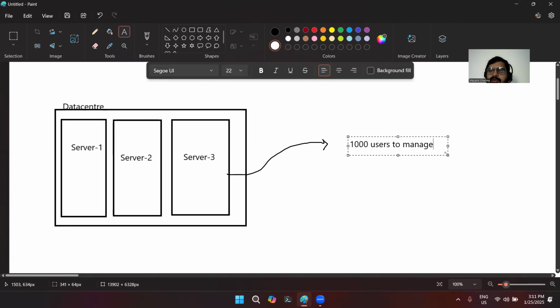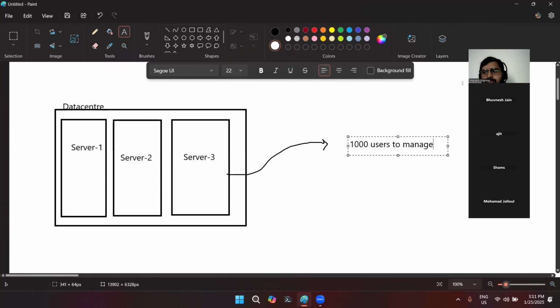Okay, so this particular person belongs to this particular department, so it is his identity. And what are the accesses that they have? Let's take a very basic example here. Right now, if you have to log in to this class, you have to get a link from Sham sir or me. That link is basically an identity, that you can access this particular class by using that link. Let's take that as an identity, for instance. And after entering the class, what are the actions you can take? Like if you can share the screen, or if you can start the recording, or anything else you want to do, then that is your access. So this is a very basic difference between identity and access.